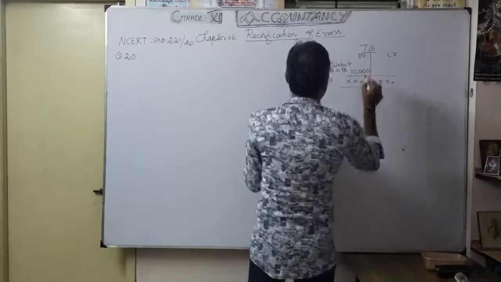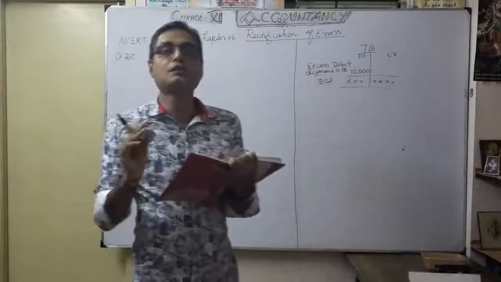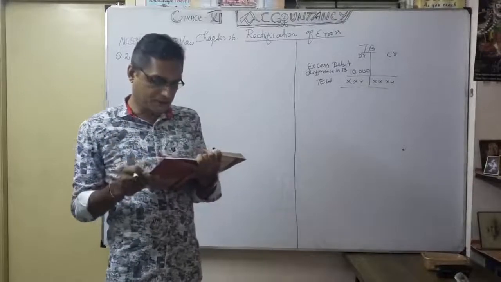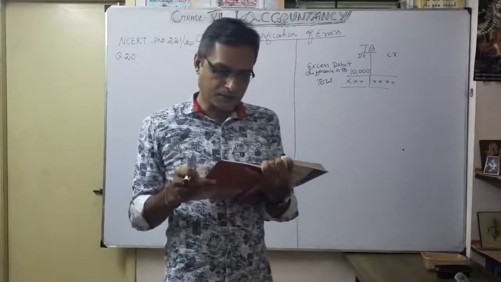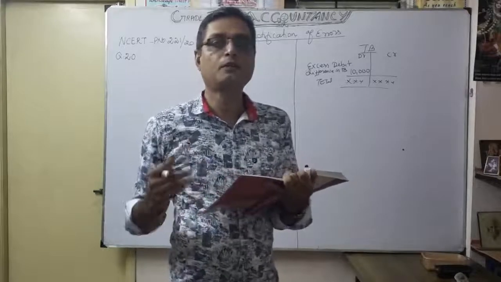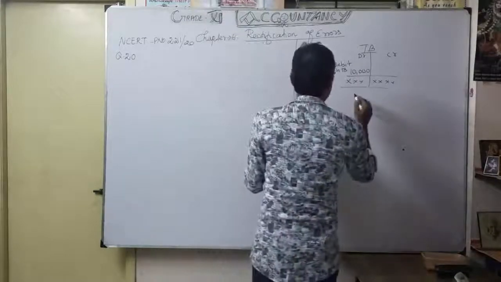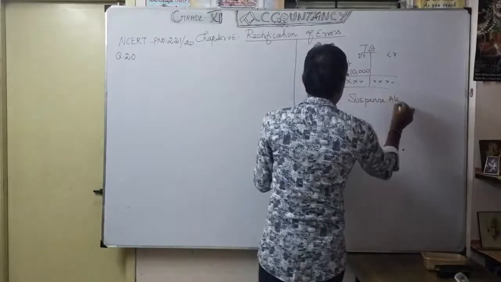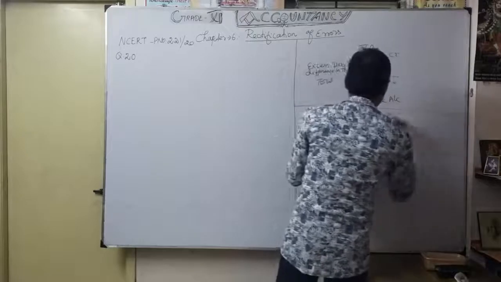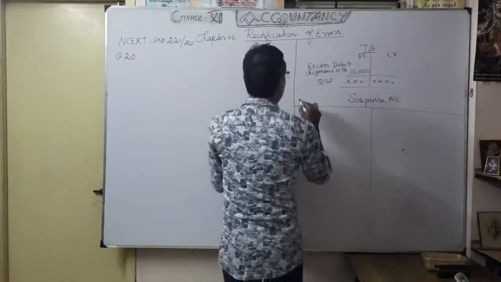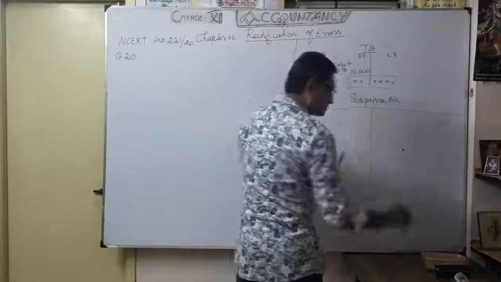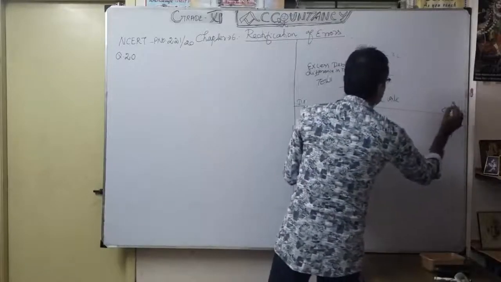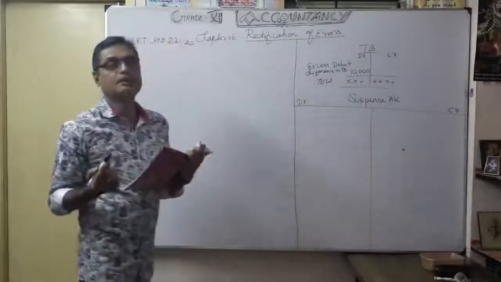Okay, if it is like this, how are you going to show it in the suspense account? That's why in this problem they said to open it. See, he put the difference to suspense account and discovered the following errors. One by one I am going to discuss. So in this situation, how are you going to open the suspense account? Okay, so now we want to open the suspense account. This part you know as the debit side, and this part as the credit side. Which side do you want to open, debit side or credit side?